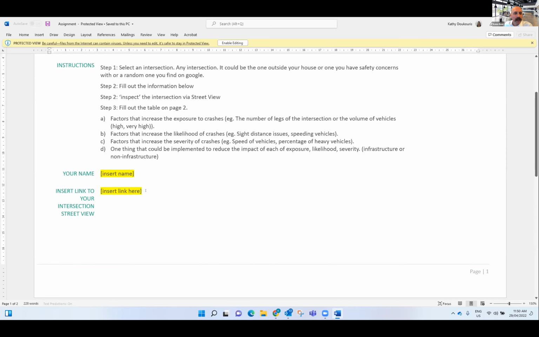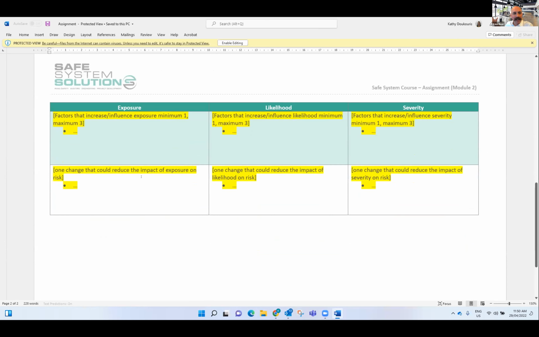So then you go to the next page, which is going to have all the meat of what you're going to be doing, okay? And what we want you to do is identify things that influence the exposure to crashes. Okay, we want between 1 and 3. Now remember, exposure is about the number of people exposed to the crashes.